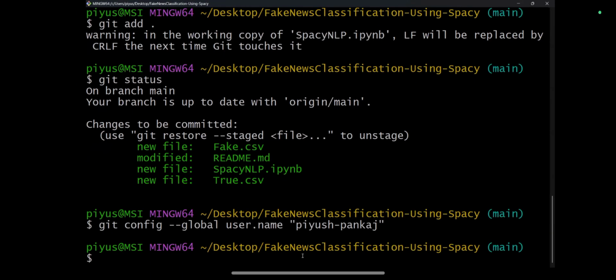Done. Next thing is going to be the same command but user.email. So here I will be mentioning my email ID that I have used on GitHub.